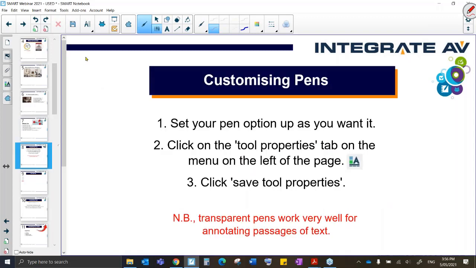Okay, first up, customizing pens. This is the first thing I do because I use language and analyzing language and marking and annotating things up. I use my pens a lot. So let's say I know that for some reason in my teaching, I like to use a big, thick purple pen all the time. If I weren't customizing my pens, what I would have to do is come up here